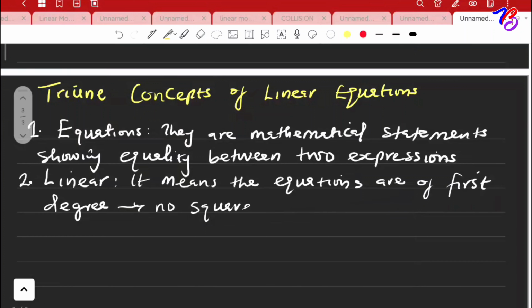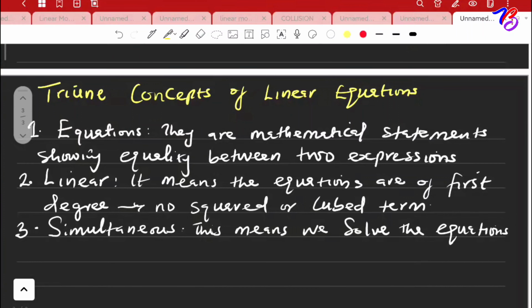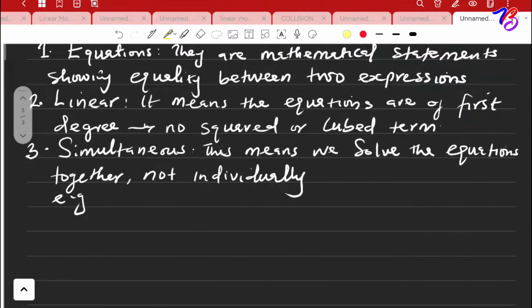They are of first degree. It means no squared or cubed terms. Number 3 is simultaneous. It means we solve the equation together, not individually, which is why it is called simultaneous linear equation. So for example, if we have our equation 1 to be, let's write it, 2x